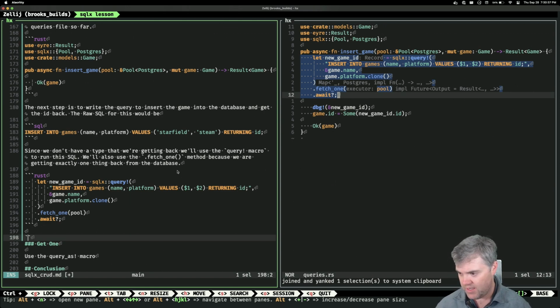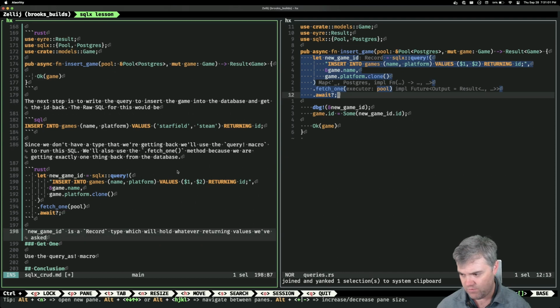So new game ID is a record type, which is dynamically created. So which will hold whatever returning values we've asked for. In this case, the record looks like